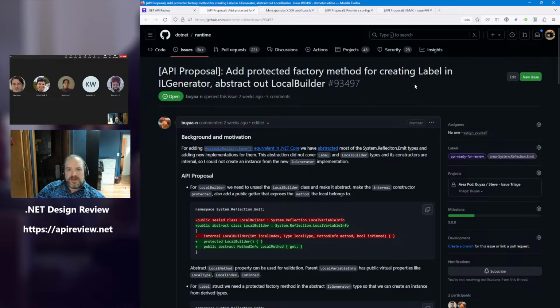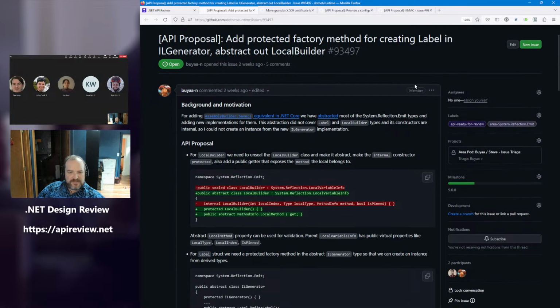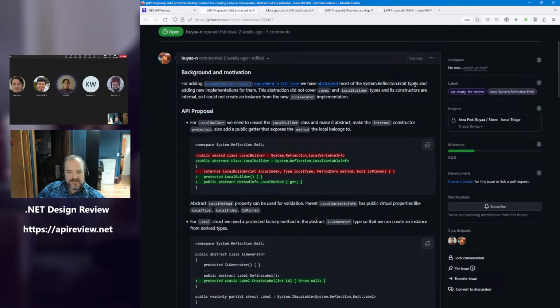Okay, add a protected factory method for creating label and IL generator, and abstract out LocalBuilder. So for a new assembly builder implementation that can save the assembly into a file, I'm implementing a new IL generator, and we have abstracted most of the reflection emit APIs before, but these two are kind of leftovers from that abstraction and